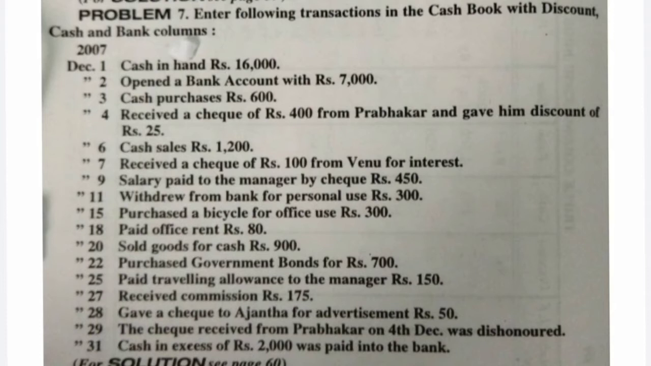Whatever they are saying in the question, cash in excess of rupees 2000 was paid into the bank, it means only 2000 is the amount you need to carry forward to the next month from the cash balance, and whatever amount remains you need to deposit into the bank. So if you balance the cash column, you will get on the debit side